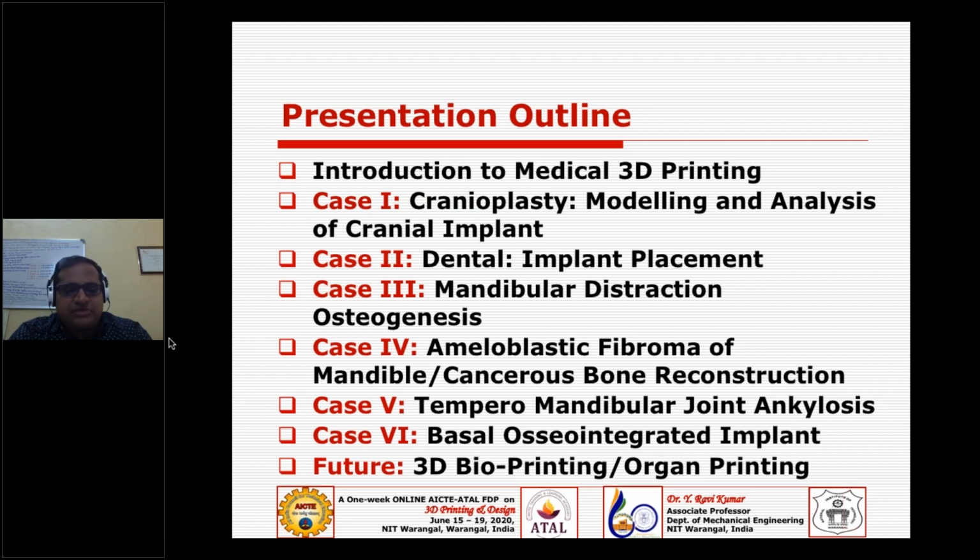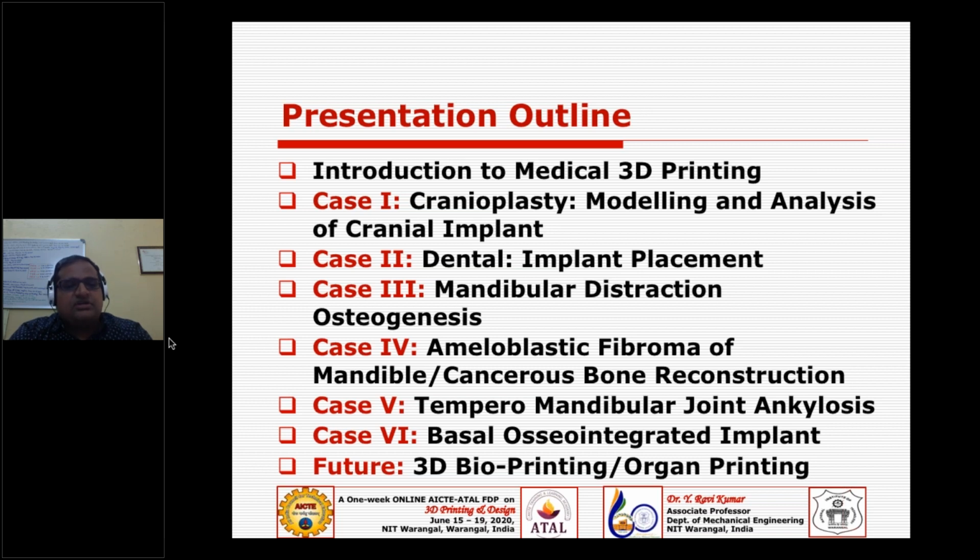These are some of the cases which we personally engaged in with doctors; we have been working with at least two to three specialized doctors. Mostly oral and maxillofacial surgeons, and we have also worked a bit with craniofacial surgeons, orthopedicians, and of course cardiac surgeons.